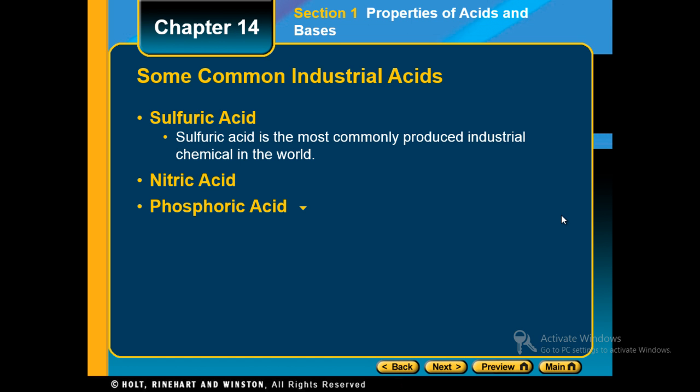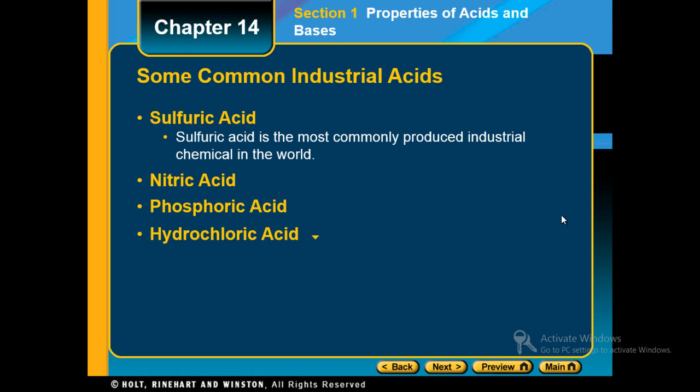When we move to hydrochloric acid, which has the formula of HCl, it's used in a process called pickling of iron and steel. Pickling means that when we need to clean the metal from impurities, we put it in an acid so we can remove surface impurities. It is also used to correct acidity in swimming pools and to